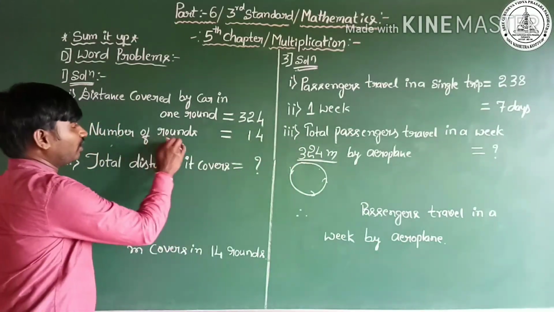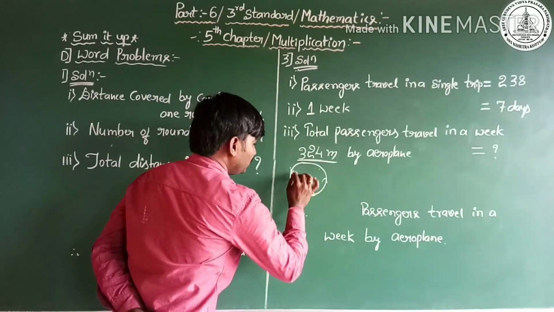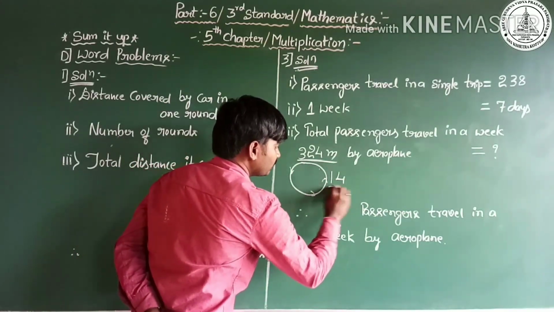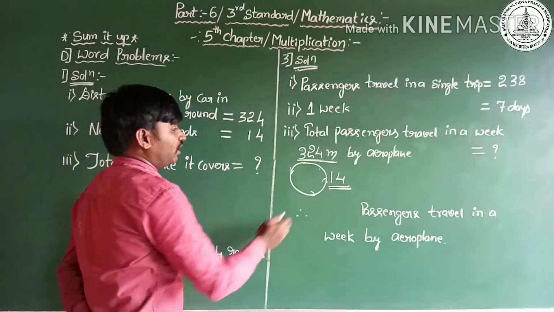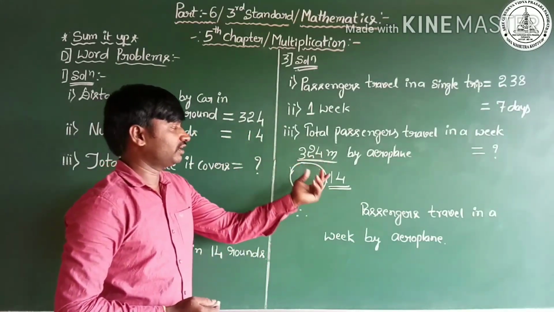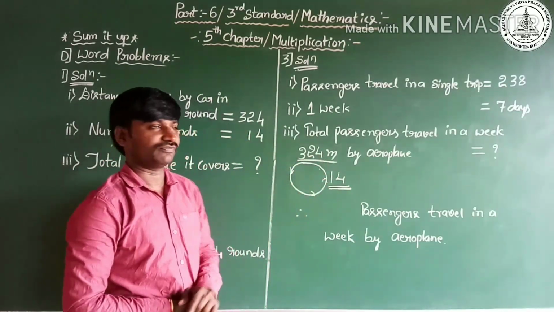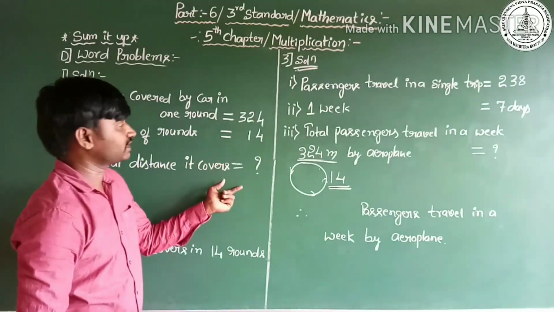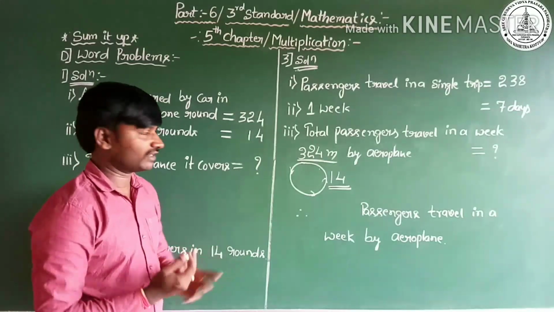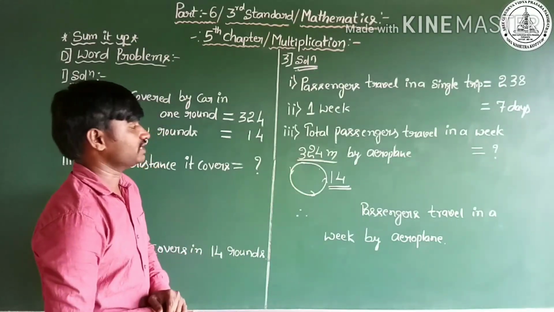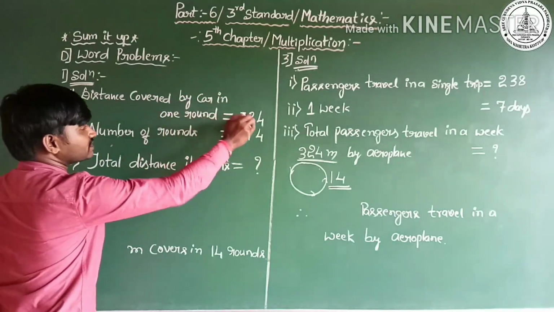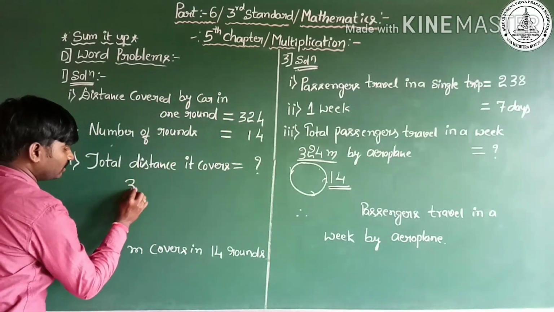That is like the number of rounds. The car goes around the ground completely 14 times. How many times? 14 times. So, what is the distance that is covered up to 14 rounds? We have to find the total distance the car covers. Okay, shall we start to find the answer? Yes, dear friend, the distance covered by the car in one round is 324